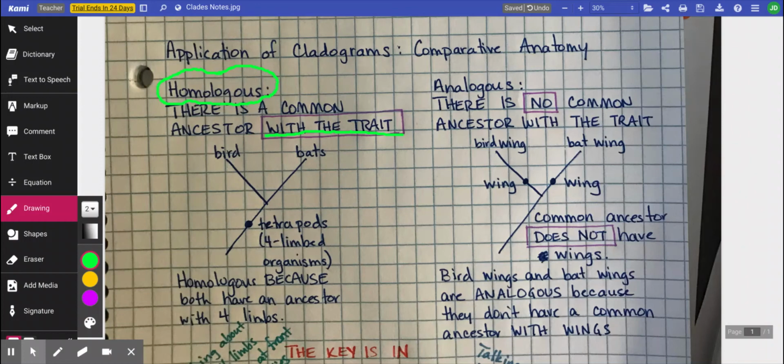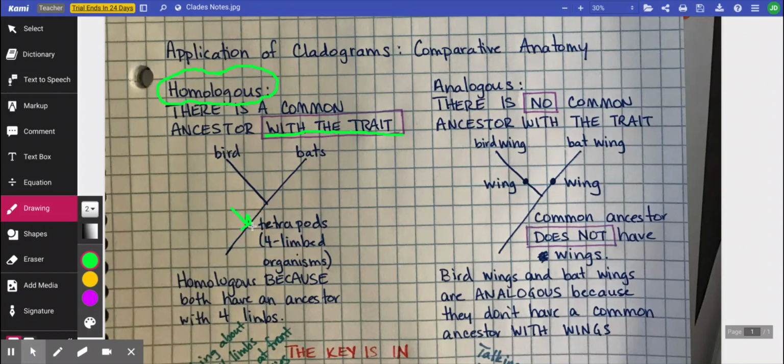Exactly. Both of them use their front limbs to fly. So if you look at birds and bats, we know that they both have a front limb and they both have back limbs as well. So they have four limbs. They are four-limbed organisms, and we call those tetrapods, tetra being four, and the pods having to do with the limbs. And so we know that the ancestor